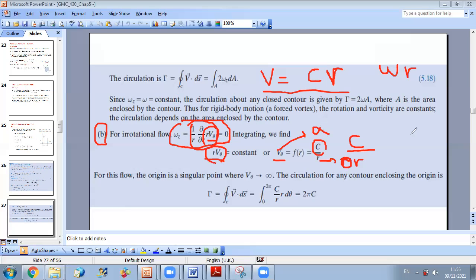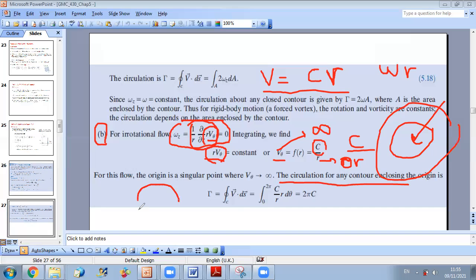So for example, you have circular paths like this, and as you get closer to your center, your velocity is increasing, okay? So what will happen then is that for this flow, the origin is a singular point where v theta tends to infinity. And if I want to calculate the corresponding circulation for a certain contour,